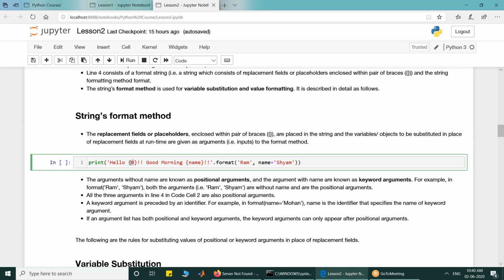So 0 means the first parameter. 0 is known as a positional argument, and name is the keyword argument. So name will be substituted here.